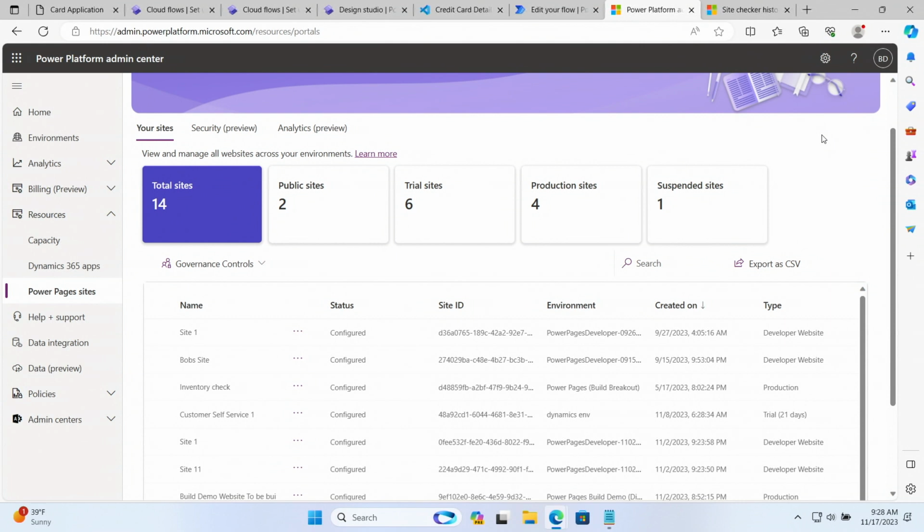So this gives admins a single view across all the sites. And from here, you can do some basic things from an admin level, like checking for portal package upgrades. You can disable anonymous access on a site, or you can purge the server cache. So what I want to show today is these two new tabs at the top that are coming soon.